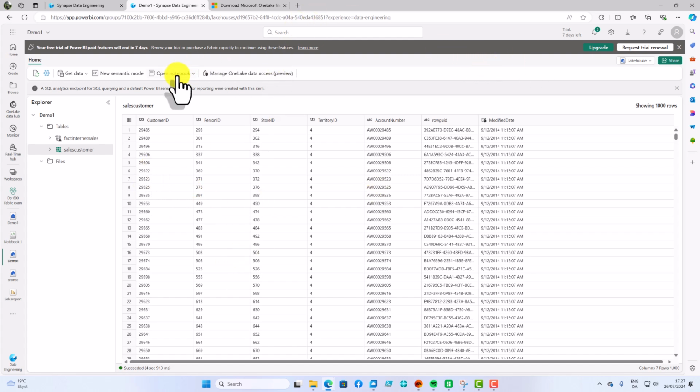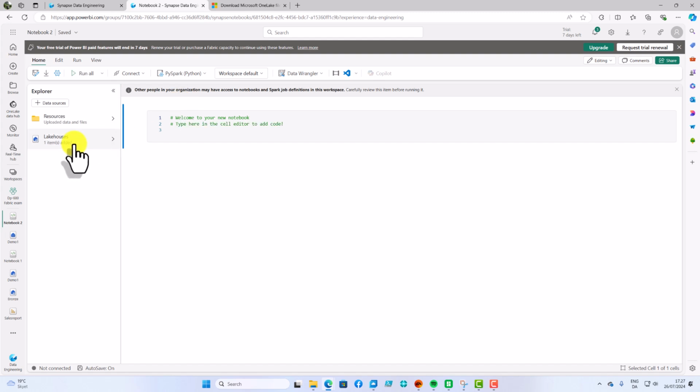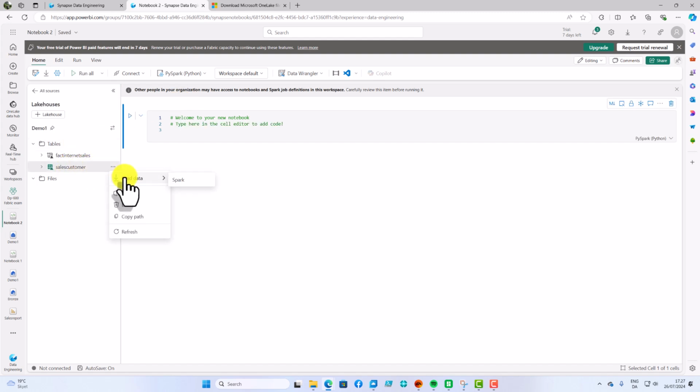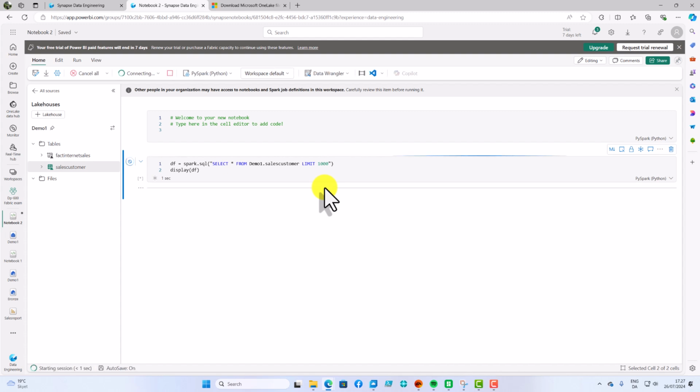So I can click here. I can say, okay, I want to have a notebook. I want to analyze my new data as a notebook. Click Lakehouse, sales customers. I click Load Data. While it is running, I will tell you, this is the most brilliant thing. It's fantastic. You simply have a CSV file, you copy paste it in your local file explorer, and now I'm actually doing analysis on this table.